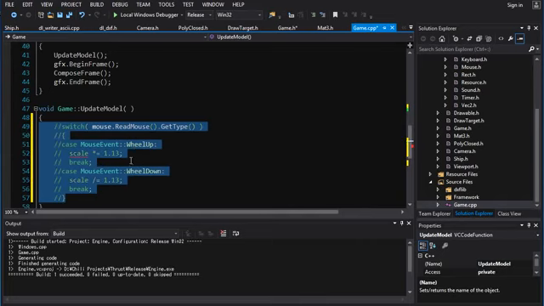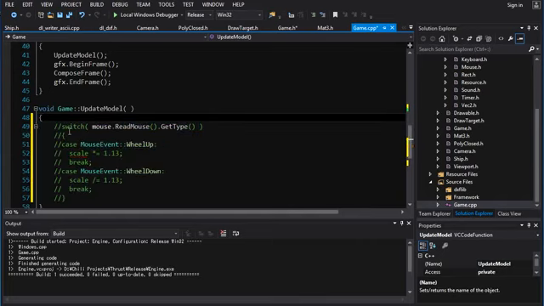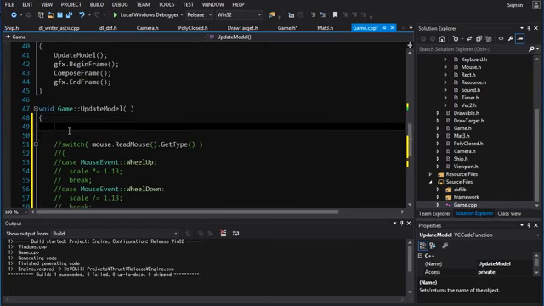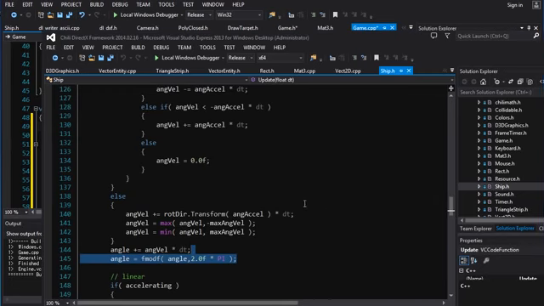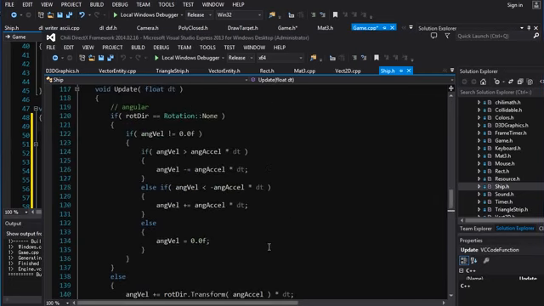Control E, Control C. I'm going to comment this out. We might need it later, but for now, it's just garbage. What we need is our keyboard input. Now to save time, because this is already getting quite long in the tooth,